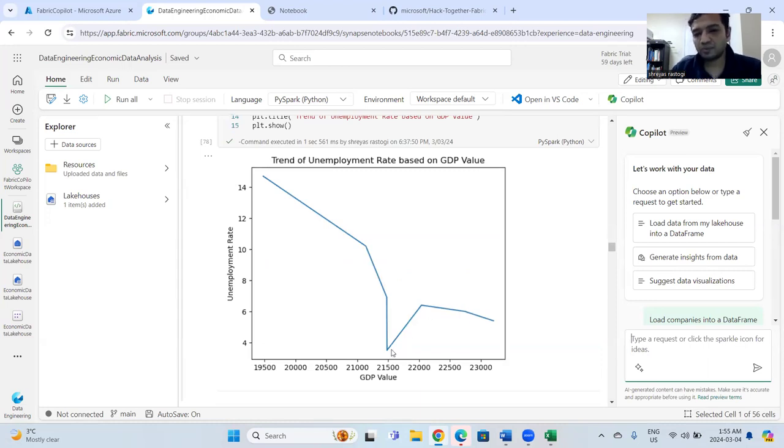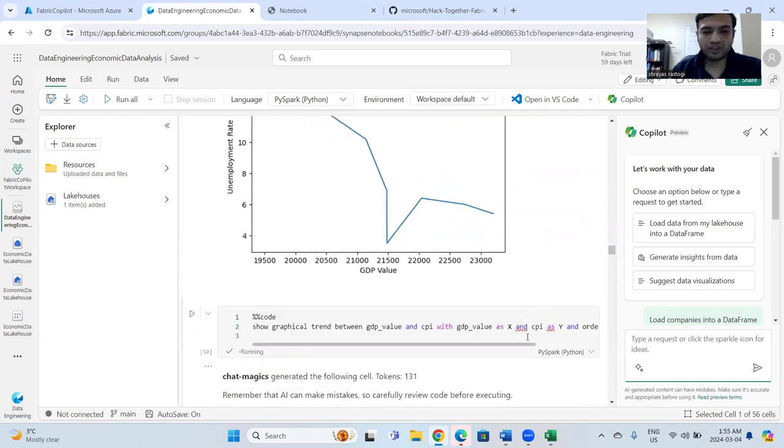So maybe at this point, there might be certain reasons, like companies taking cost cutting measures to boost their bottom line. Or maybe there are some other reasons, but it shows that with an increase in GDP, there was a point when the unemployment rate increased, and then it starts to come down. Now, if we continue,